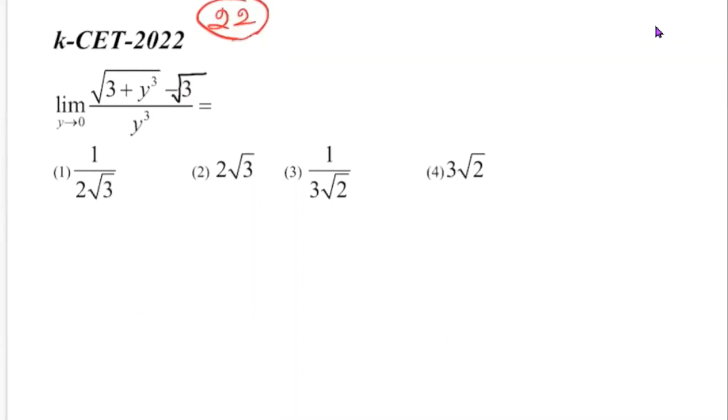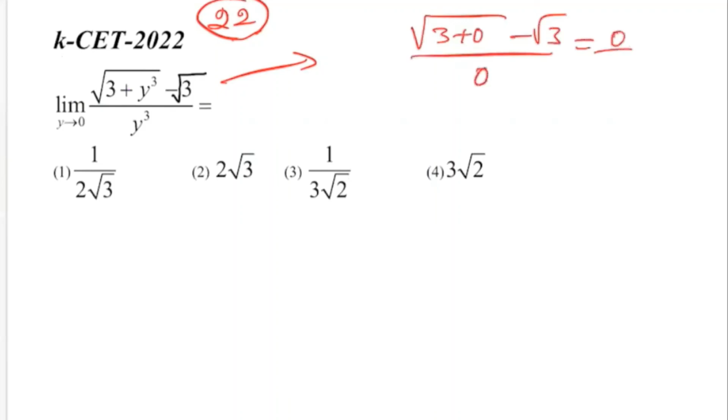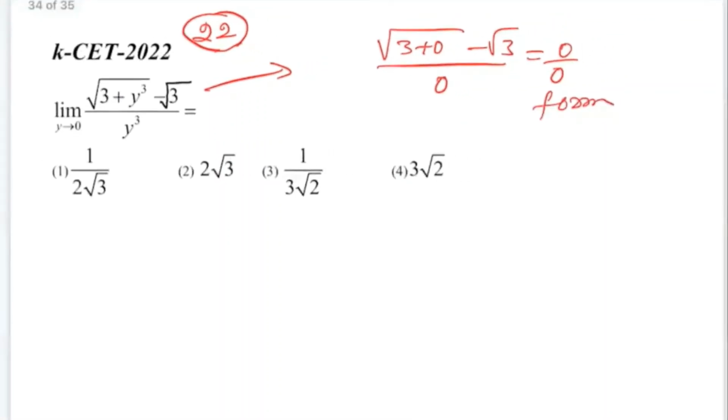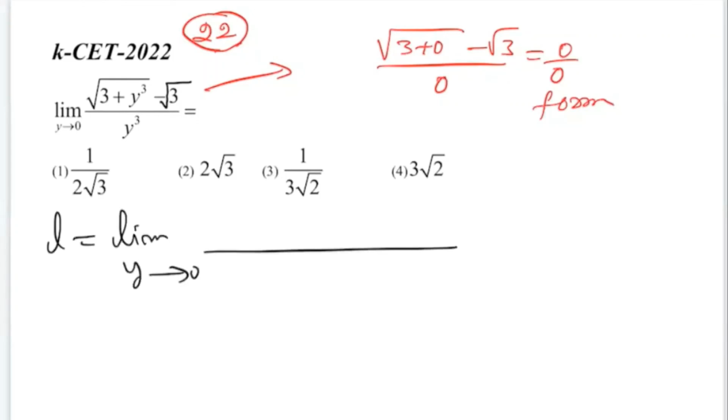Now question number 22. So here we need to find the value of this limit. Now if you directly replace y by 0, this takes the form root of 3 plus 0 minus root 3 upon 0 cube, 0. 0 upon 0 form. So you can apply L'Hopital's rule. So that is limit L equal to limit y tends to 0. Differentiate the numerator. 1 by 2 root of 3 plus y cube